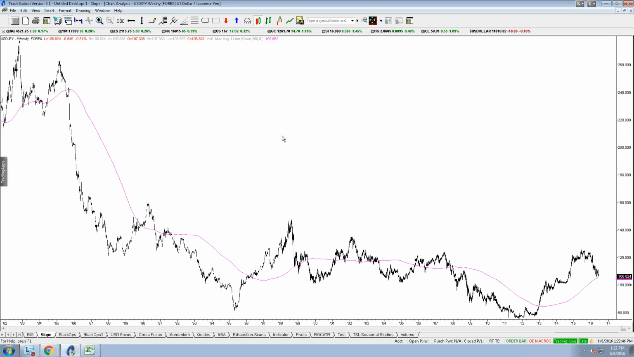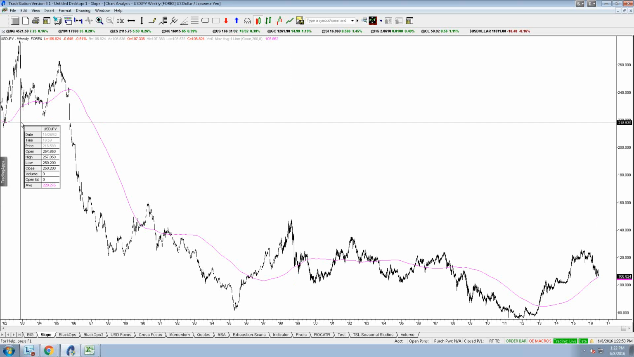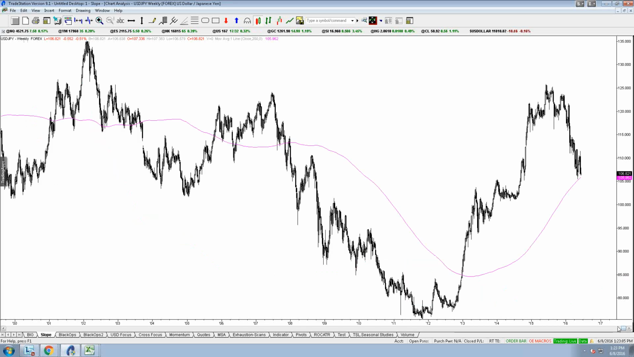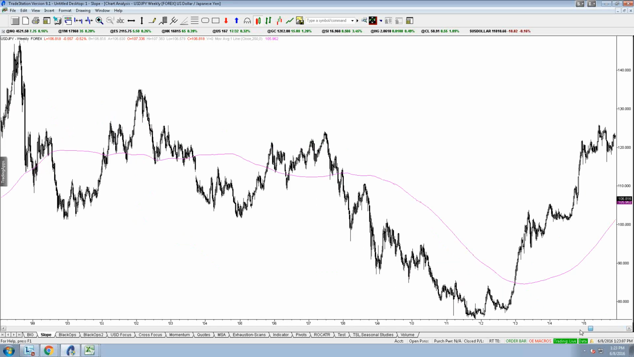Big topping processes in dollar yen. So if we go back to say, hell, you can go all the way back here. You can go back to 1982. Okay. What happened on the 200-week average? It did hold on its first big attempts, right? First several. The next big topping process was all the way back